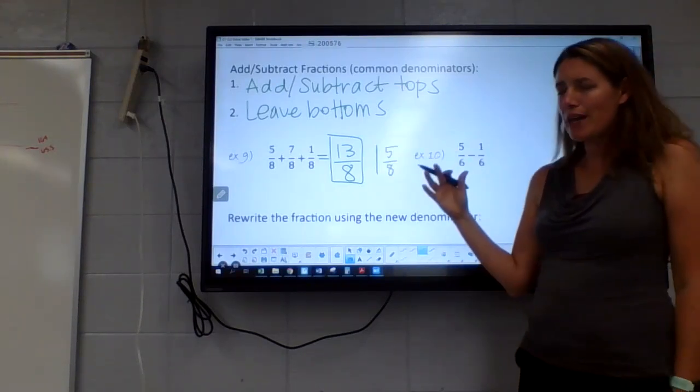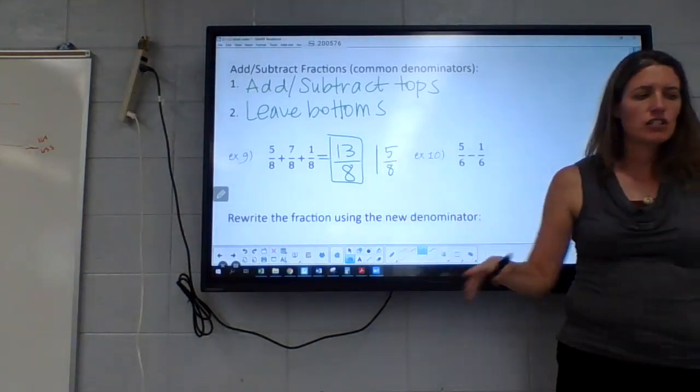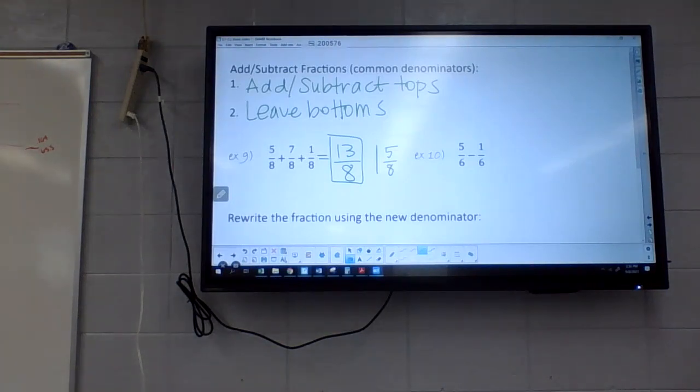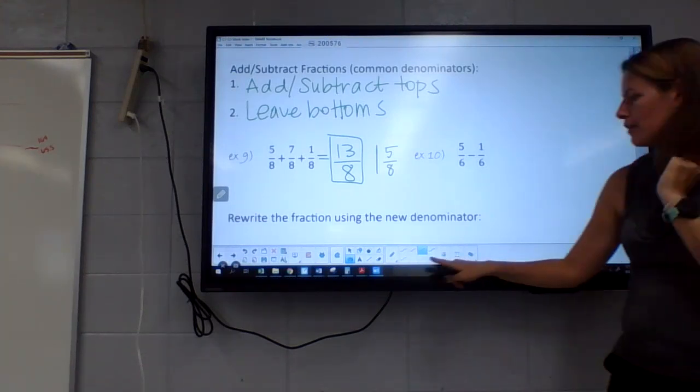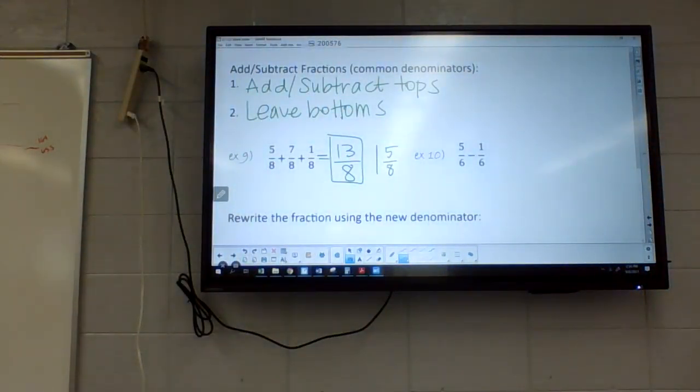So being able to do that conversion, it just depends on what I'm asking for. This might be just fine. I just have to kind of check what the directions say. If it says write it as a proper fraction, then we have to do the second. Okay, it just kind of depends what they're looking for. I think that is easier than putting in my calculator, but some of you guys might disagree. You might just be so used to just grabbing it and doing that, and that's fine. I'm not going to take your calculator for parts of the test or parts of your homework. It just isn't reasonable, and again, real world math, like what are you going to do in your everyday life? If you're going to grab your calculator, you might as well be good at it. So